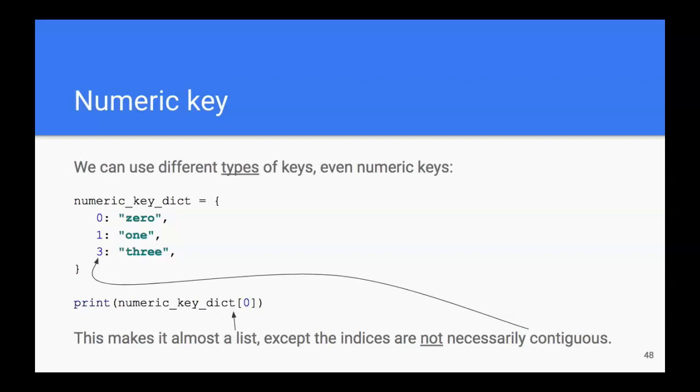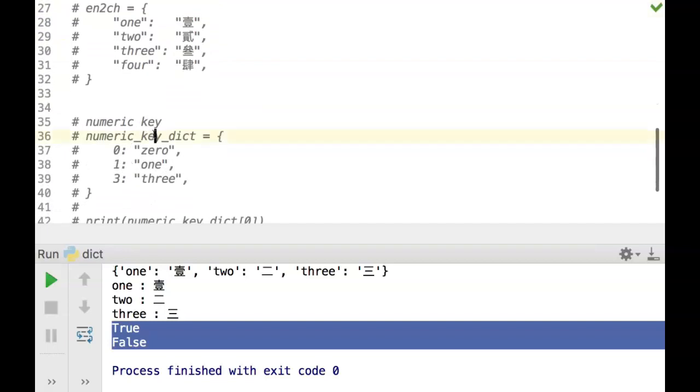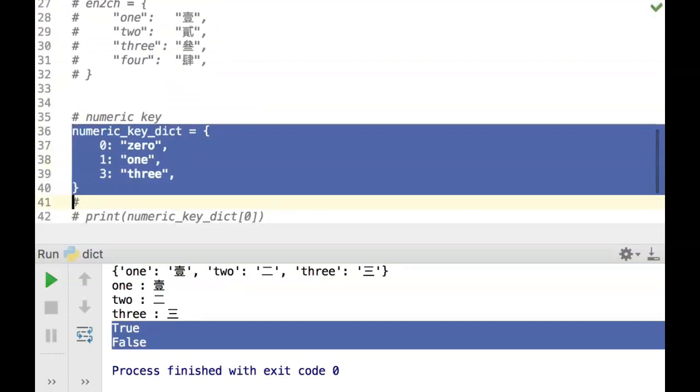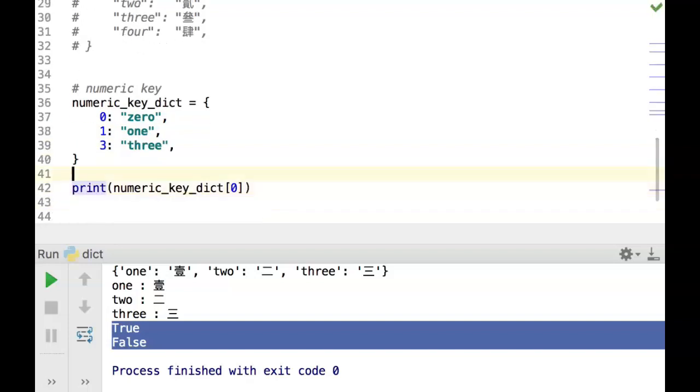and one more thing that I want to mention is, so we've seen the key, we're using a string as keys. Now the keys don't have to be strings, right? We can actually use numeric keys and other types as well. So in this case, I'm showing an example using a numeric key. I'm using 0, and I just want to return the English word associated with the number 0, and then 1, and so on. So if I print this out,